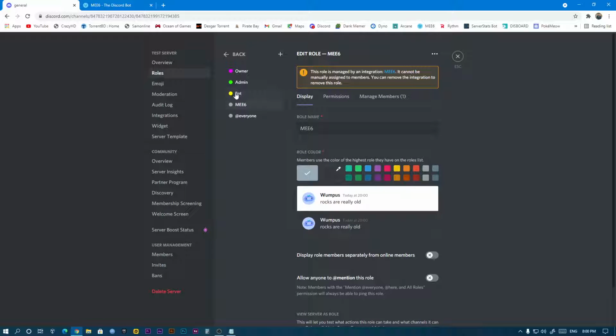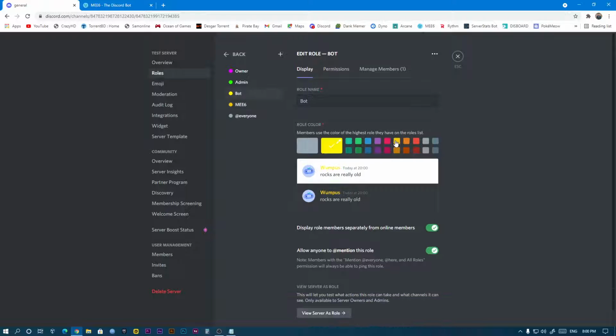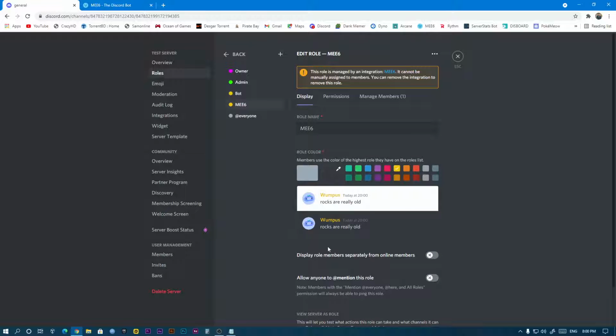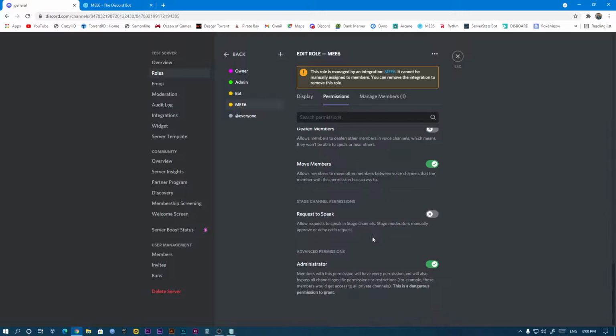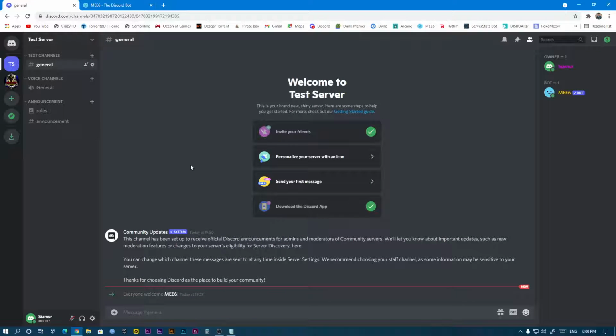As the bot role is yellow, MEE6 is also yellow. Save changes. Keep in mind that we change the permissions for the bot, but we don't need to change any permissions for MEE6 because they are automatically set. MEE6 added.